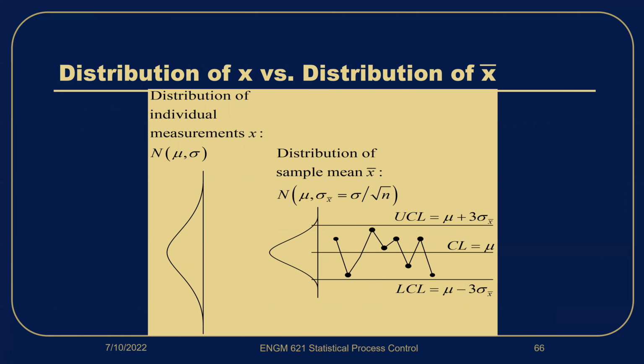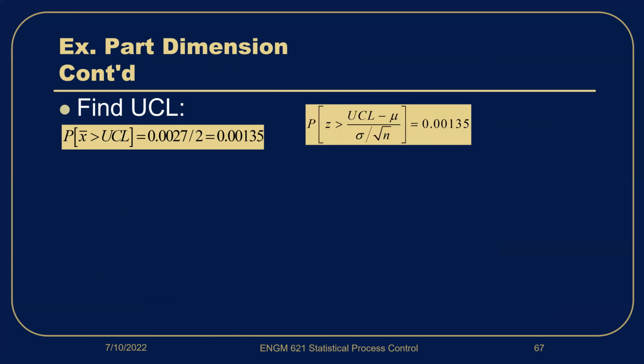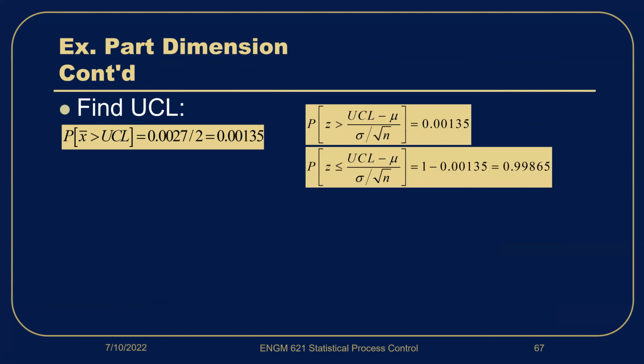Remember that we have talked about the difference between the distribution of individual measurement X and the distribution of sample mean X-bar. The sample size plays an important role in this difference. Using the equations we introduced on slide 60, we can find the upper and lower control limits of these X-bar control charts. Given that the false alarm rate, or alpha, is 0.0027,